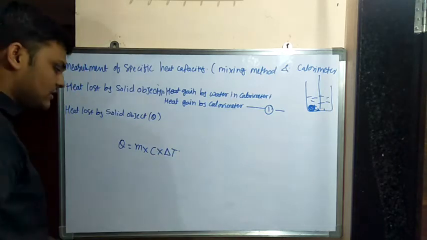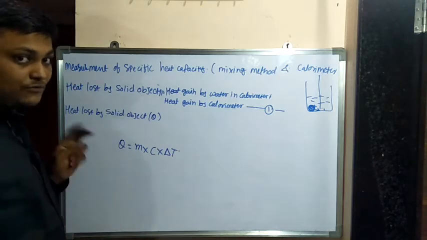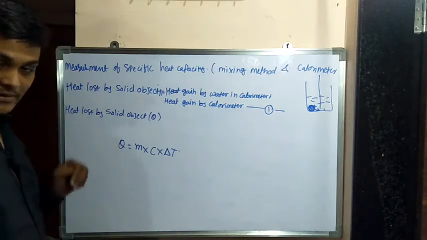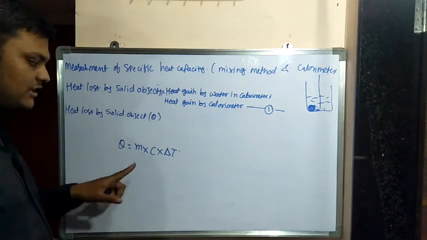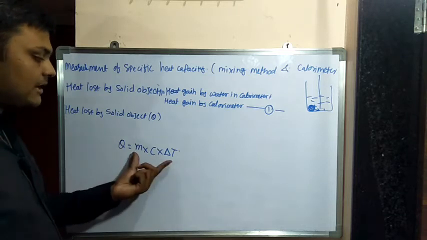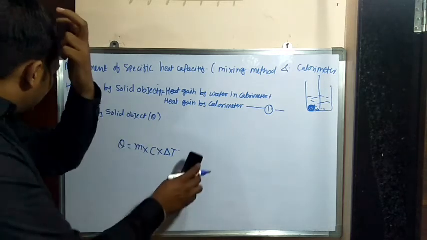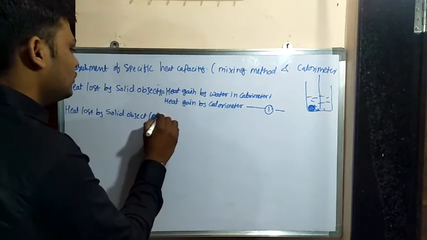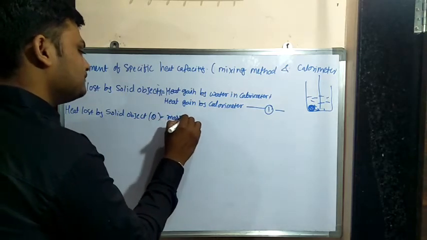So that is our equation. We learned this equation previously; if you have not seen it, go and watch the previous video, in which I explained specific heat capacity and its dependence on these three factors. So heat lost by solid object is equal to mass of solid object